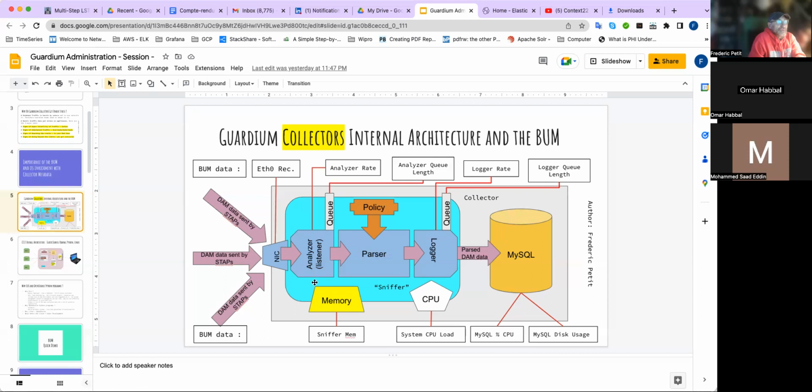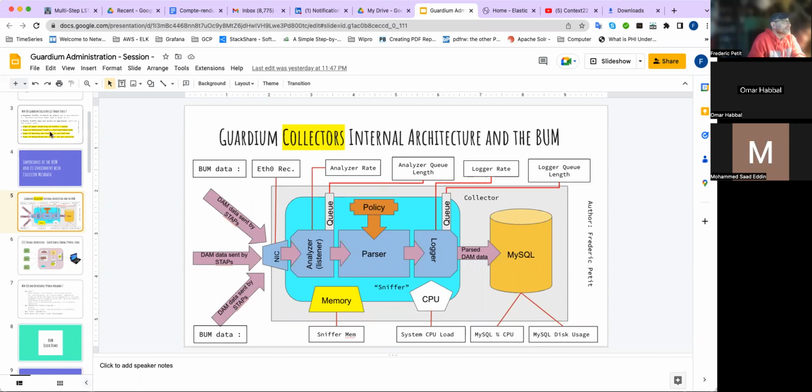Then the data get into the analyzer, which is actually a listener, right? And the analyzer gives you the information about how much data you process. The analyzer has a queue, which is used when it doesn't have enough room and needs to delay the processing of traffic. Then the traffic gets into the parser, for which there is no information, but it's okay because it's not really that necessary in terms of performance, especially because you can see it with other stuff. So it goes down to the logger, and the logger has a queue as well. And then the queues are monitored with these queue lengths, and this is a good indication of